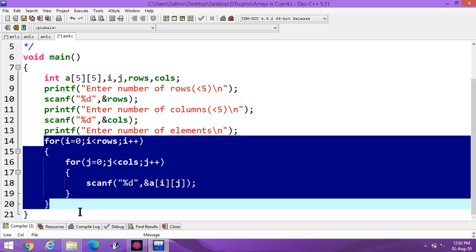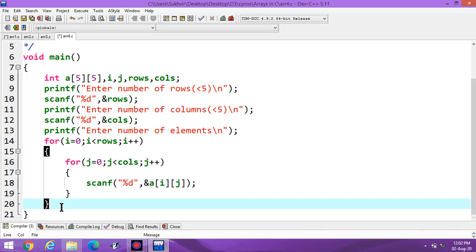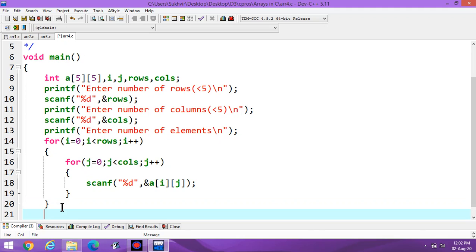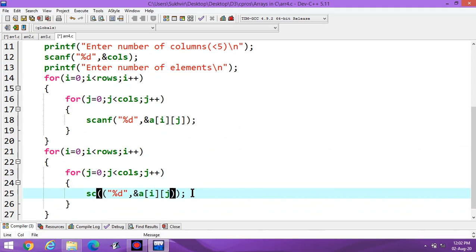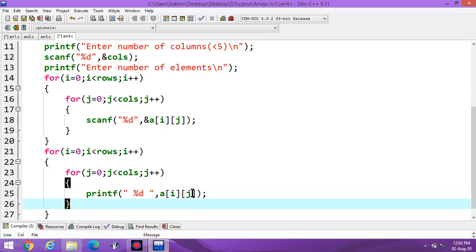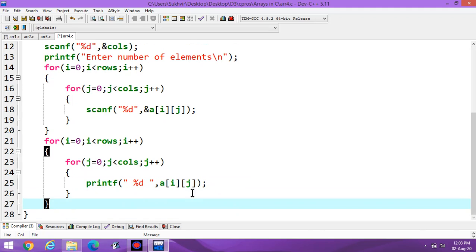Now to print the data, just copy and paste this. Here you have to write printf because you have to print the data now. Just remove ampersand sign. It means you can print the data.